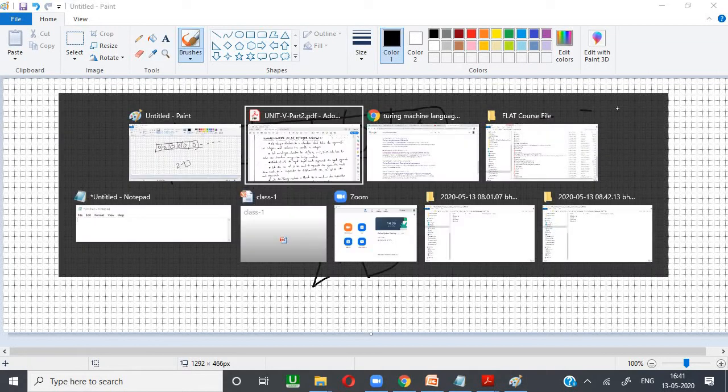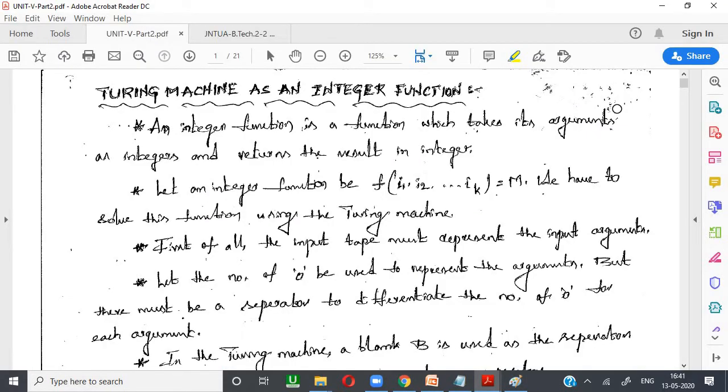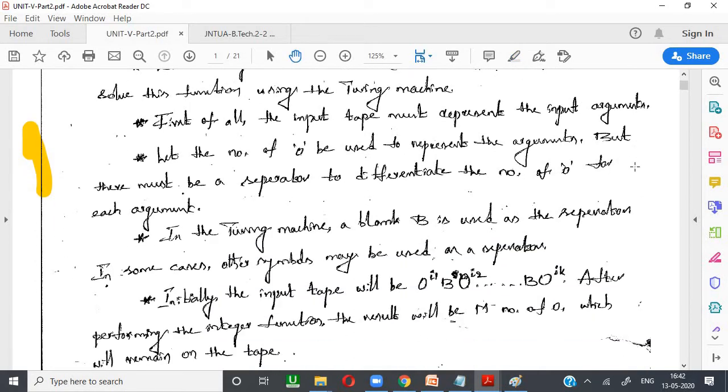Mostly they go with zeros only. The input tape must represent the input arguments with the help of zeros, and there will also be a separator. This separator is considered a blank symbol. Generally in the Turing machine, a blank B is used as a separator.